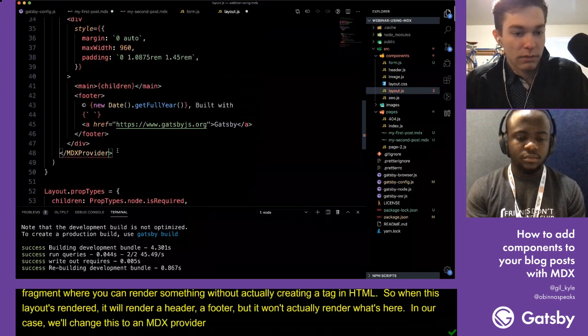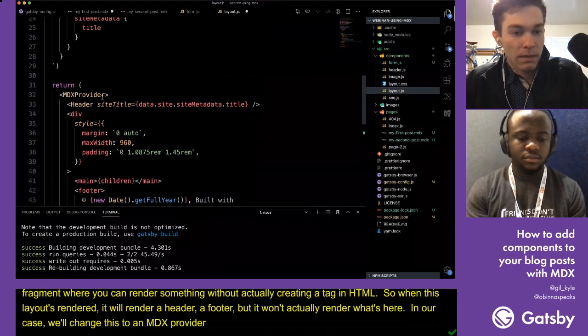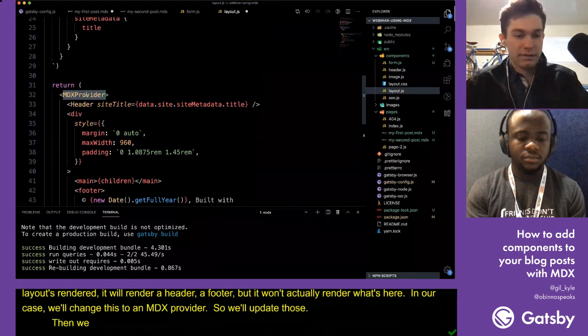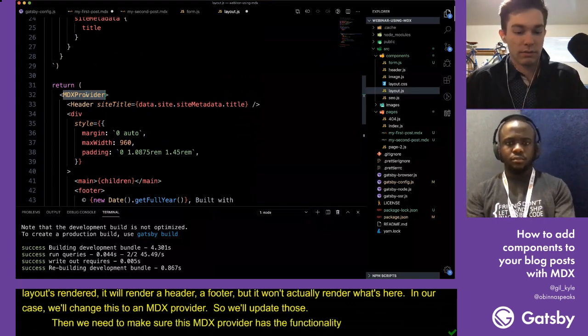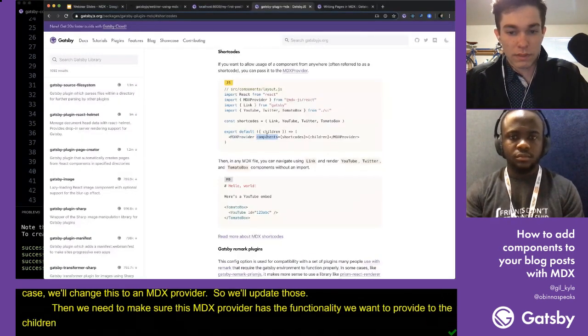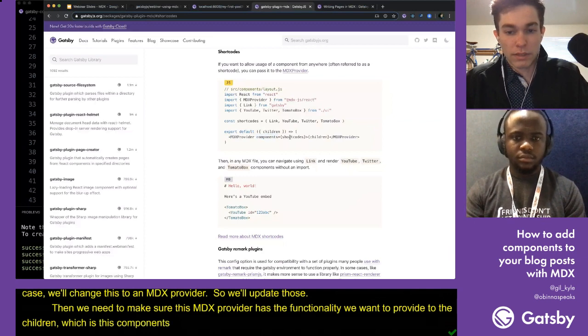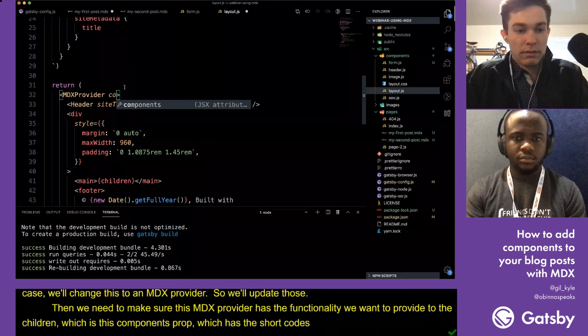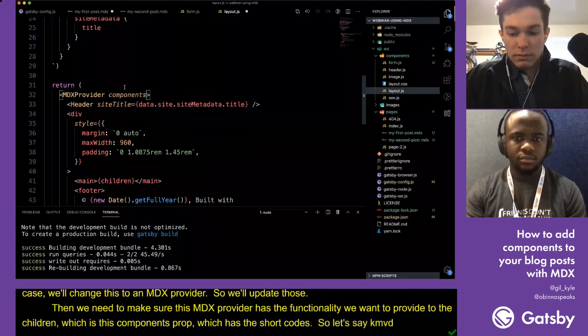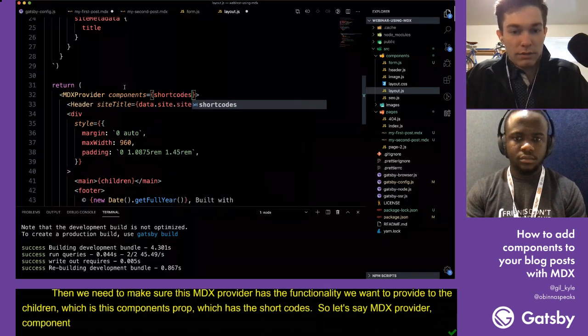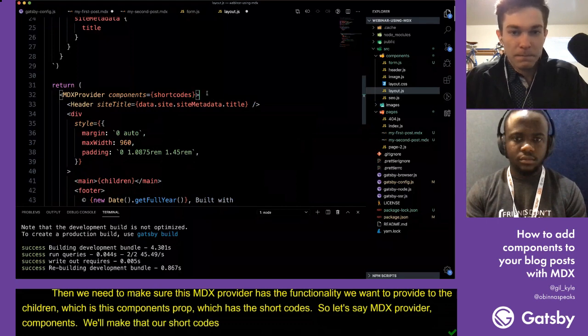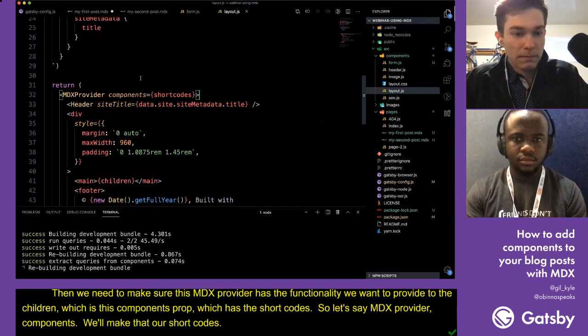So I'll update those. Then we need to make sure this MDX provider has the functionality we want to provide to the children, which is this components prop, which has these shortcodes. So let's say MDX provider has components. We'll make that our shortcodes. And when I save here